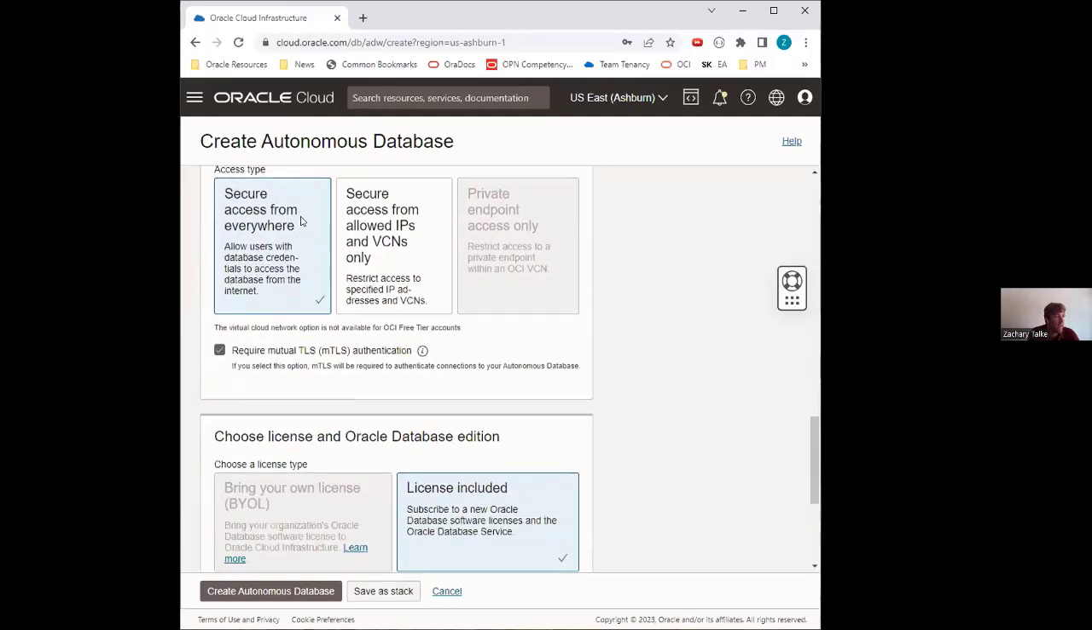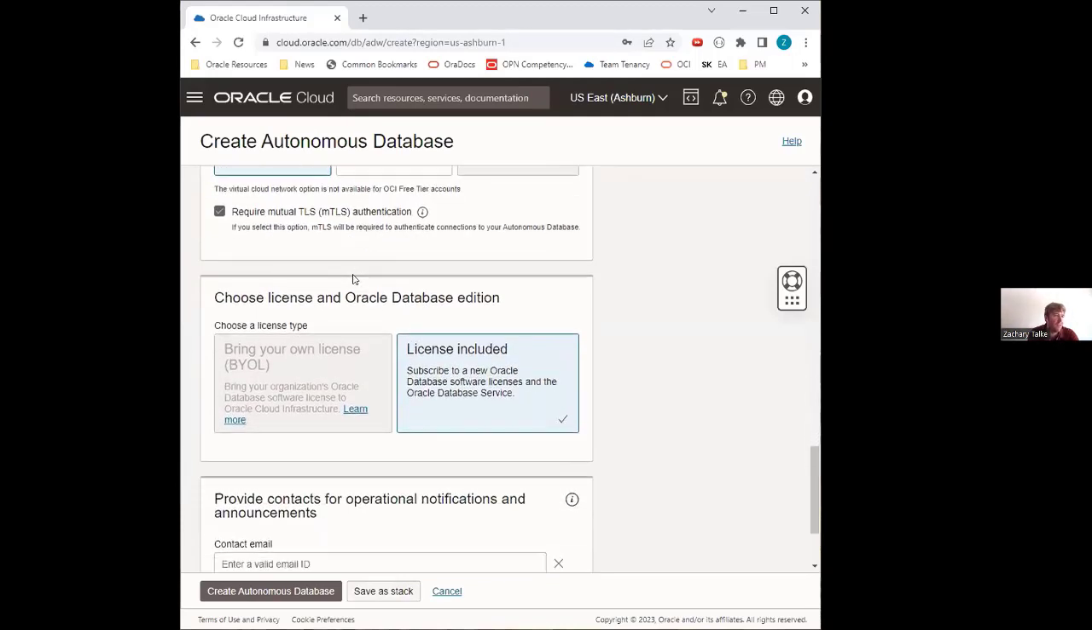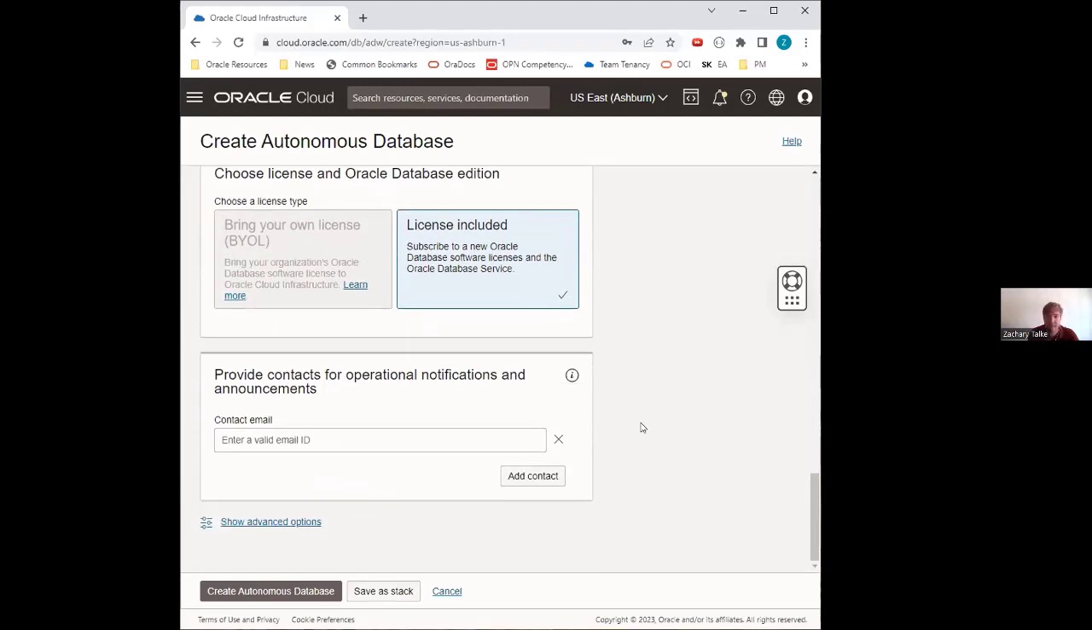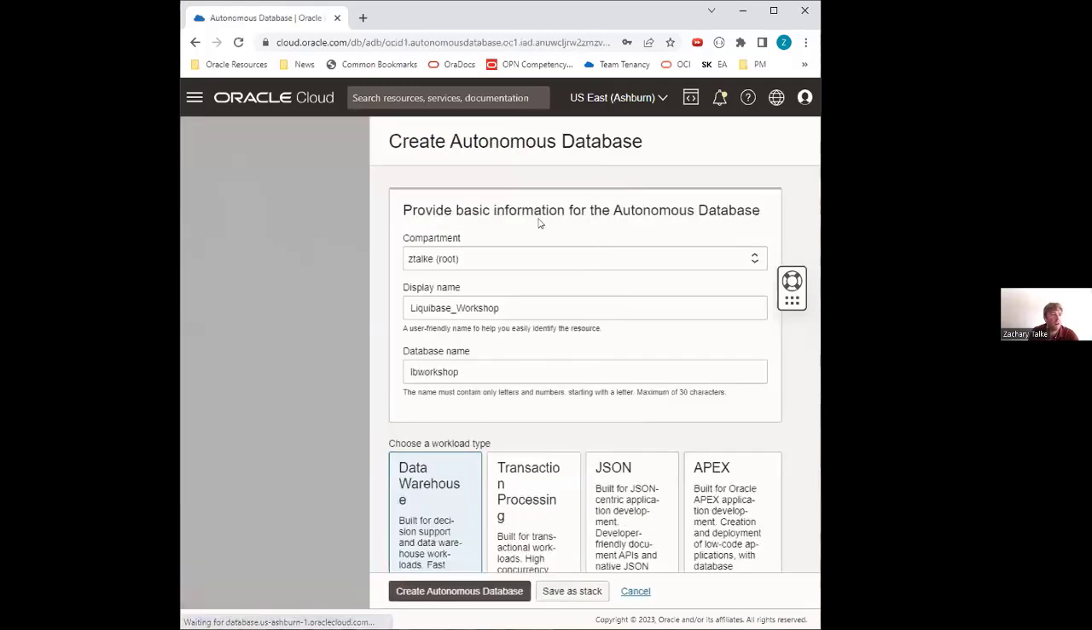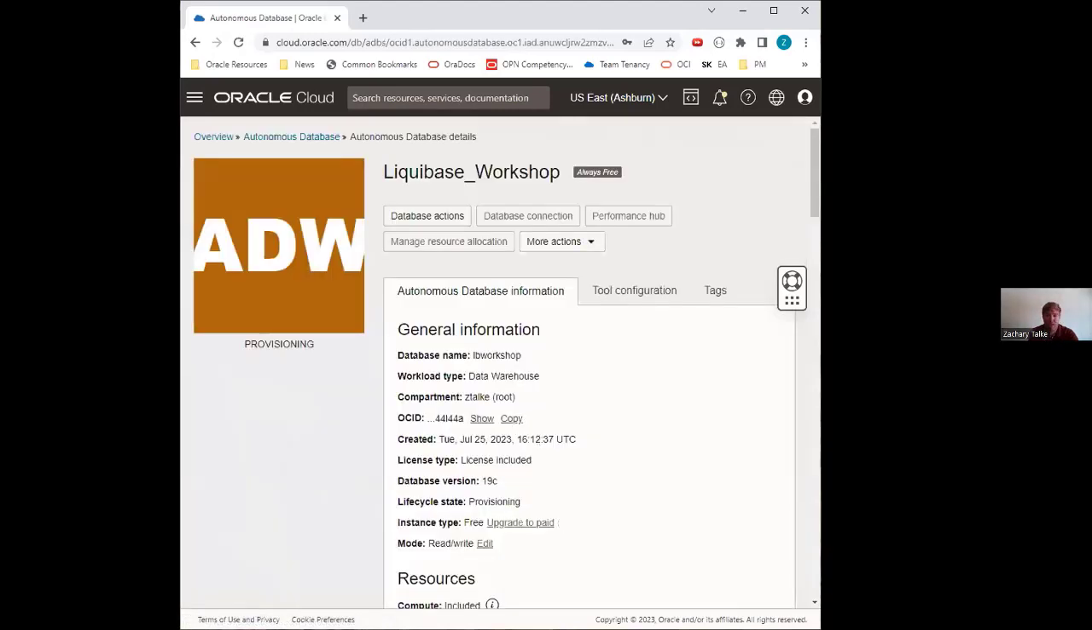And then for your network access, do access type secure access from everywhere, require mutual TLS checked. Your license for your always free will be license included. And then after that's all good to go, all you have to do is click that Create Autonomous Database button. So as you see on my screen, it has your ADBS provisioning. This will take a couple minutes, and I'll use this time so I can explain a little bit more about